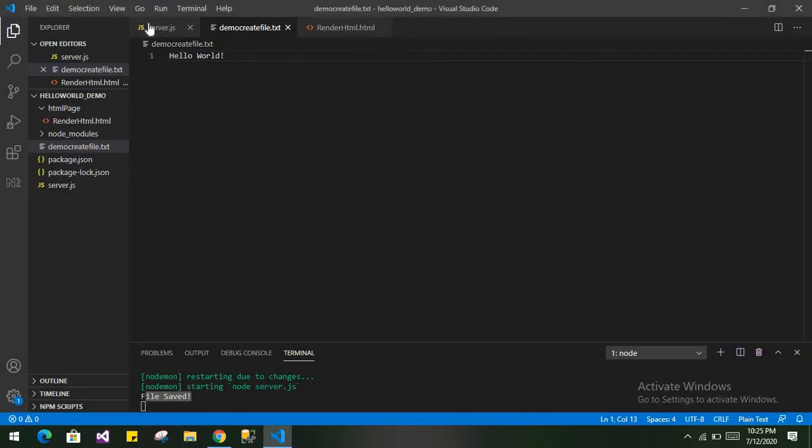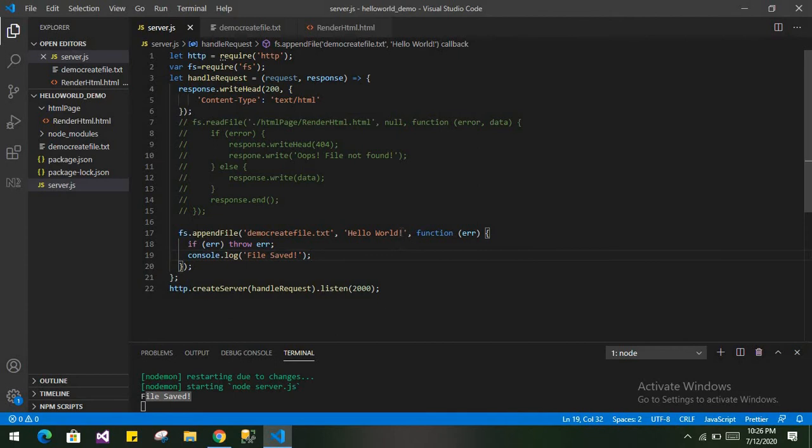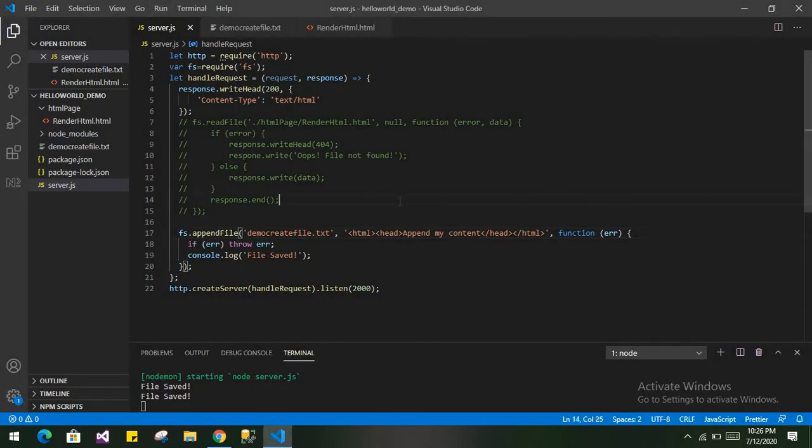So what append file basically does is, if you want to append anything just after the hello world, like in the HTML I'm just writing over here, append my content and refresh your application.